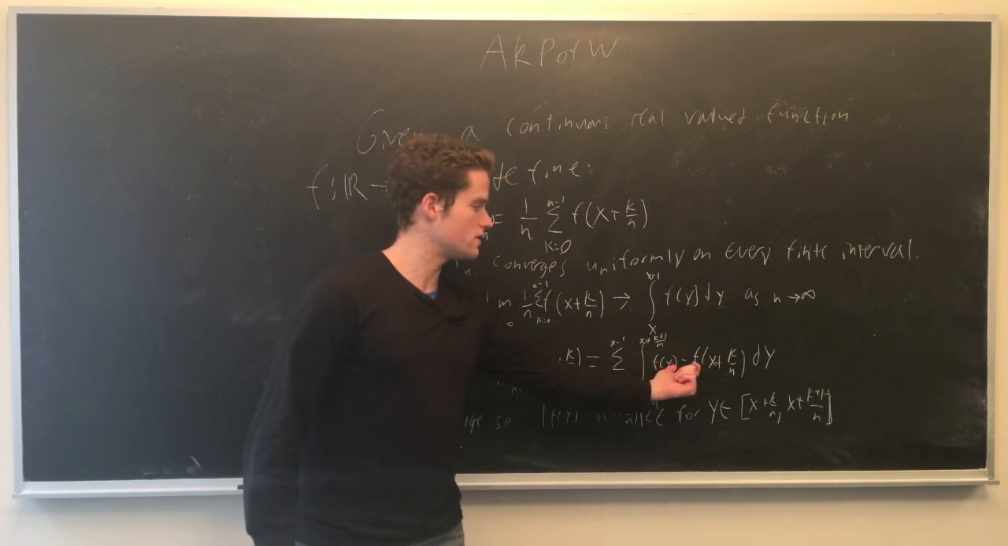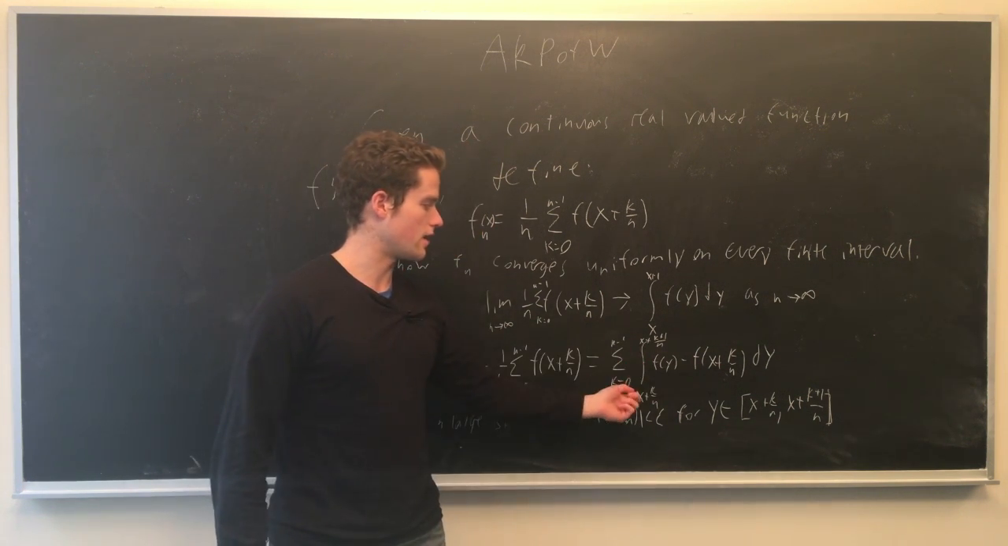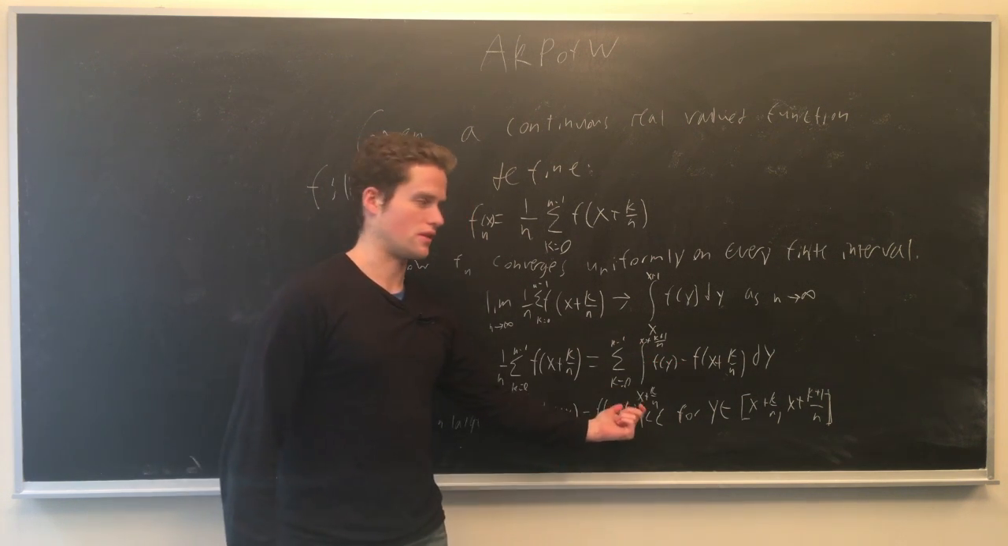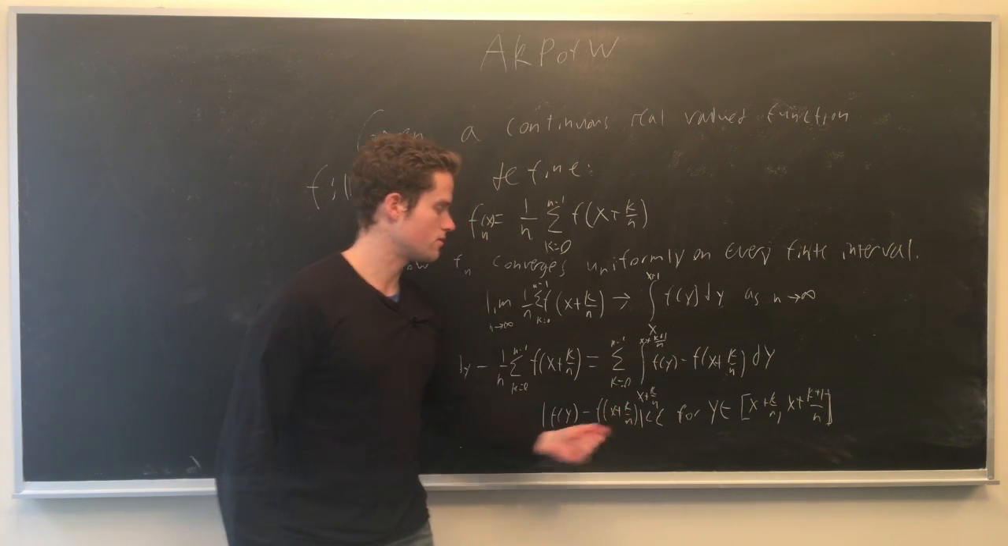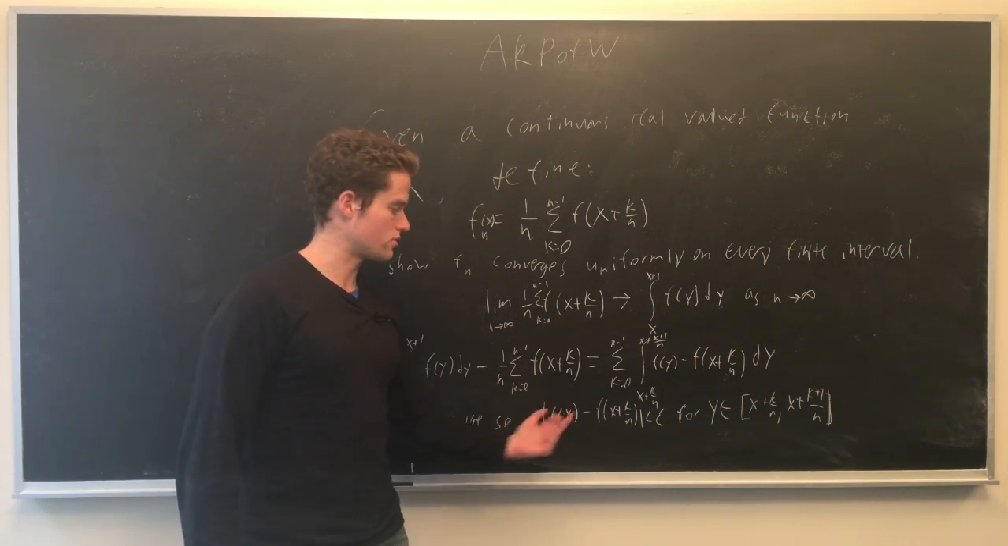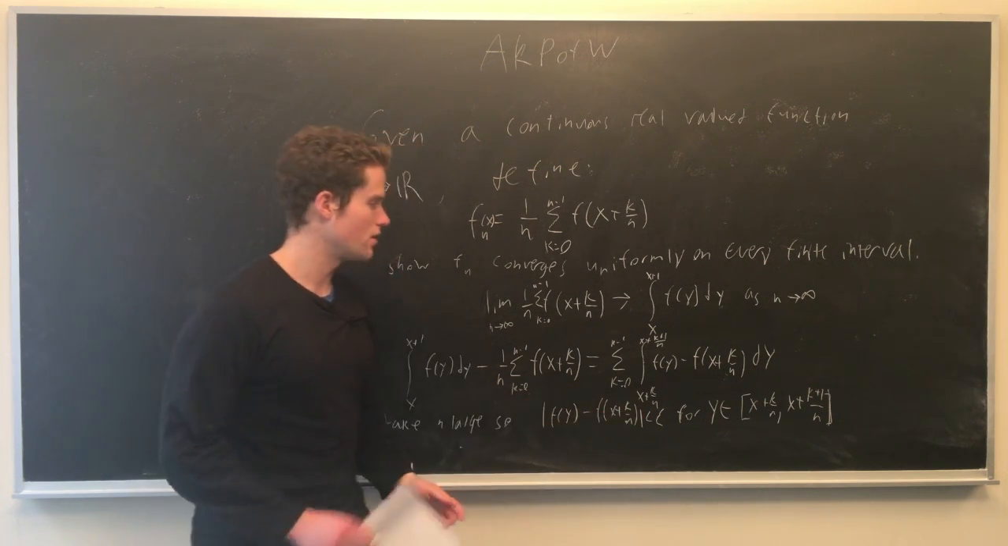So for each one of these, as k varies from 0 to n minus 1, each one of these will be less than epsilon. The absolute value will be less than epsilon. And so now that we pick n large enough so that this is less than epsilon, we have